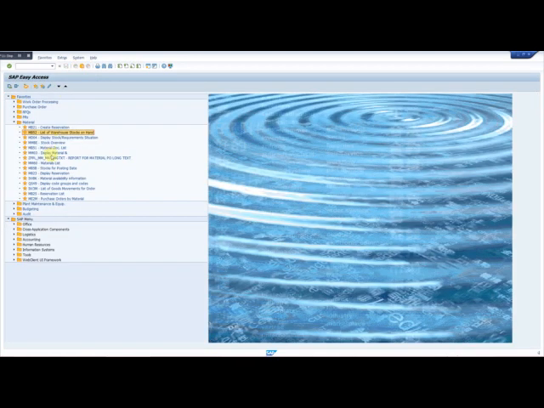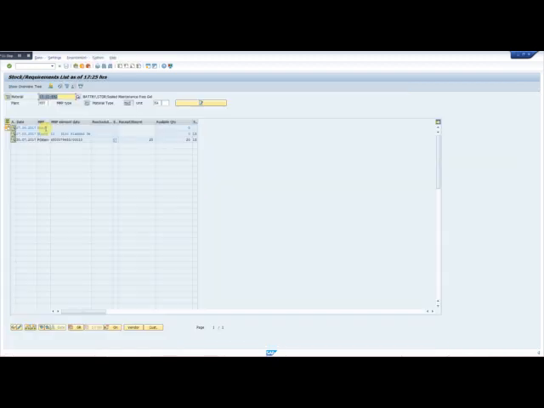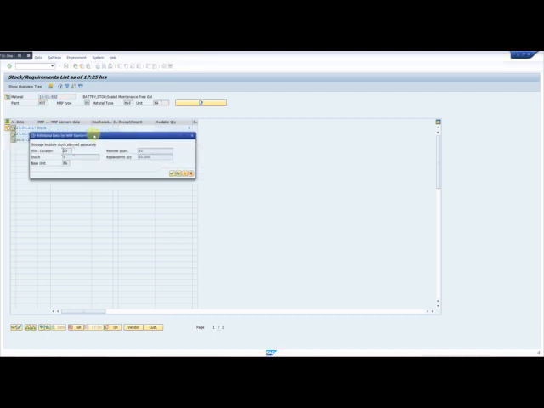Then we have the transaction MD04, a very important transaction. We run it, and then we get two pieces of information here. First, this is the schedule holding level. So we have two types of items, PD items and ND items. PD items are scheduled items, on schedule holding.